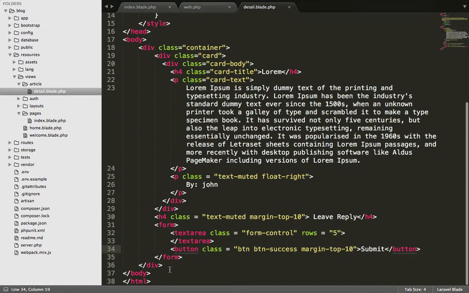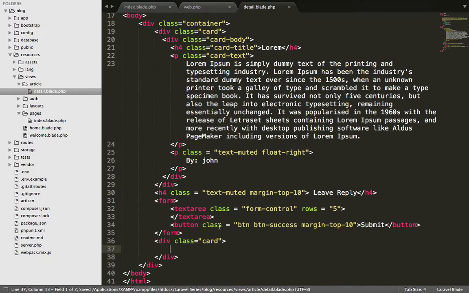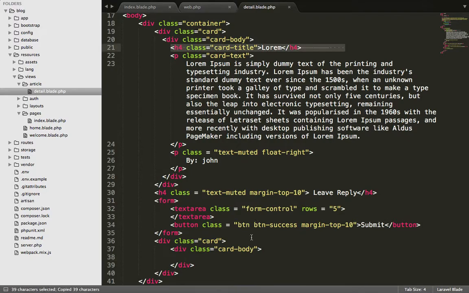Let's make a card here, div.card, and inside the card we can make div.card-body here. Inside the card body we can simply write the same thing, a title for this,